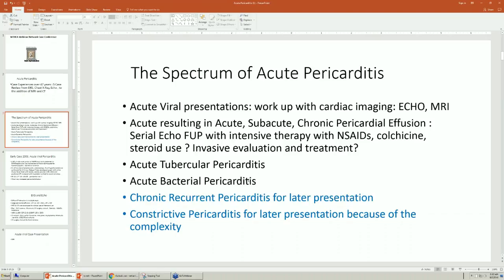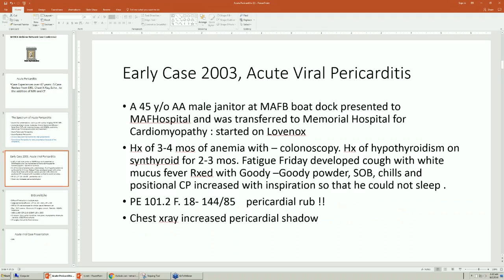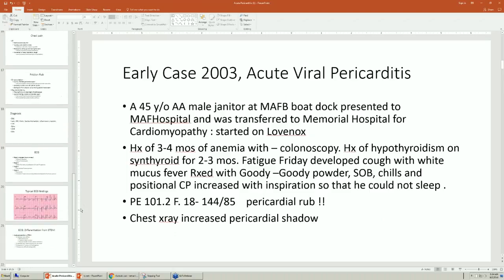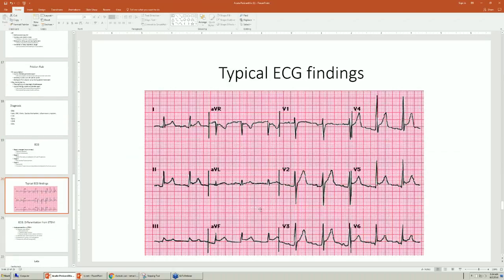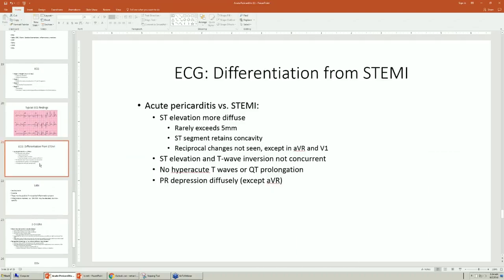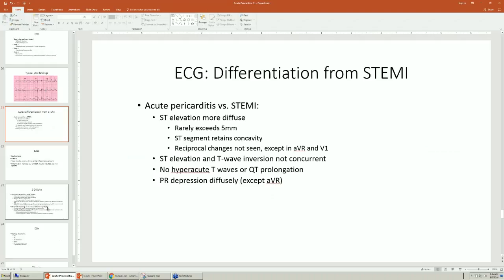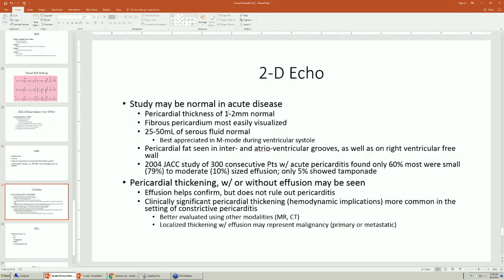We talked about acute bacterial. I've seen one of each in my career. The viral is the most common, and what we'll encounter in the emergency room, the recognition of it, the pericardial rub, the EKG changes that become very classic, and then the evolving EKG changes that occur with T-wave inversions as it moves into a subacute phase, differentiating that from an acute MI and using your echo as a guide,